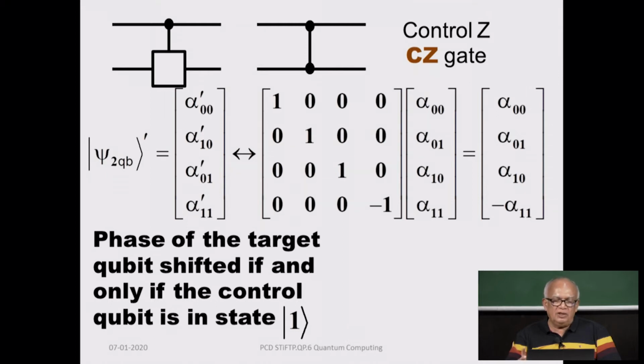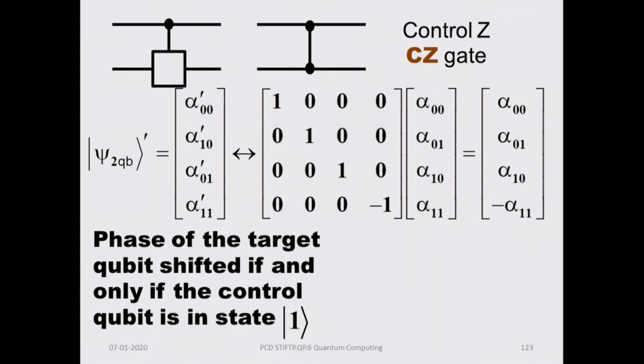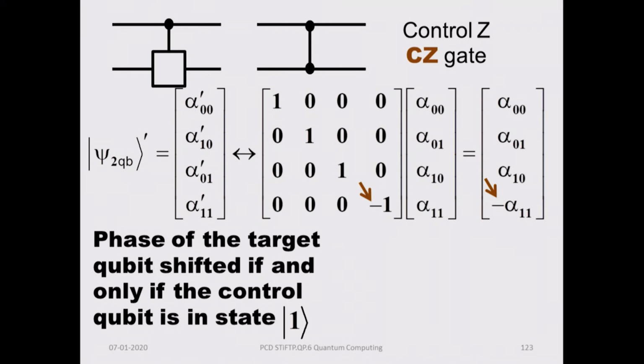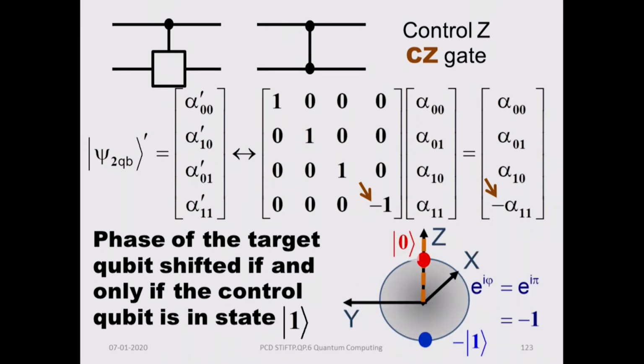What it is going to do is to change the phase of the target gate subject to that condition. In the control NOT, it inverted the target gate subject to that condition. In this case, it is going to change the phase. So, you pick up a minus sign and see that basically you have got the number 1 along the diagonal, except that in the 4th row, 4th column, it has a minus sign. So, it changes only that sign, it does not do anything else. Okay. So, this is the control Z